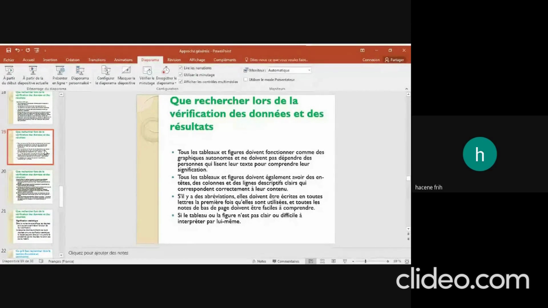If there are abbreviations, they should be spelled out in full the first time they are used, and any footnotes should be easy to understand. If the table or figure is not clear or is difficult to interpret on its own,